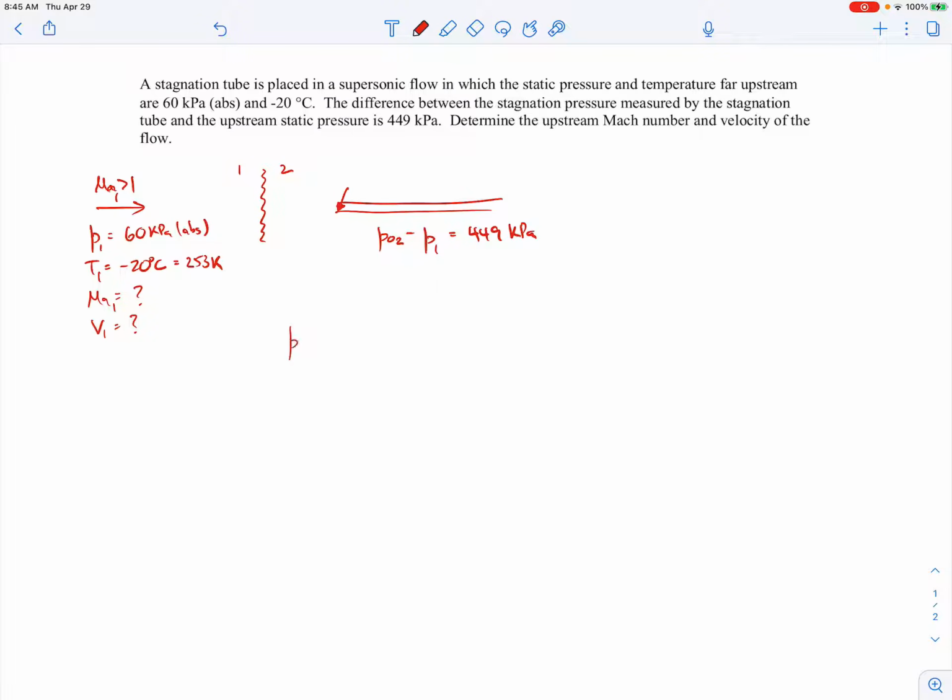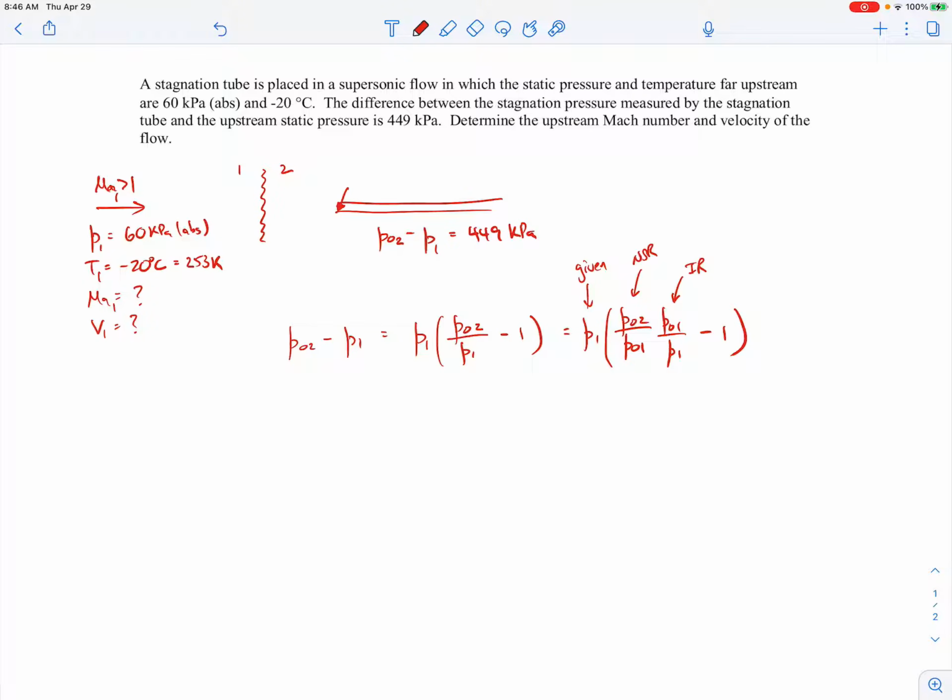So starting with P naught 2 minus P1, I can write that, for example, as P1 times P naught 2 over P1 minus 1. And then I can take that ratio P naught 2 over P1 and write it as P naught 2 over P naught 1 times P naught 1 over P1. And again, the reason I did this was I wanted to get it in terms of these ratios that we're used to using with compressible flows. So this one, for example, I could get from the normal shock relations, and this one I could get from the isentropic relations. This is given,